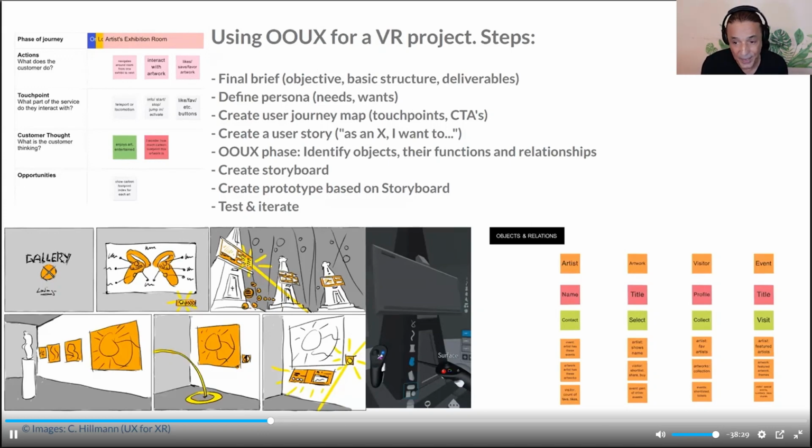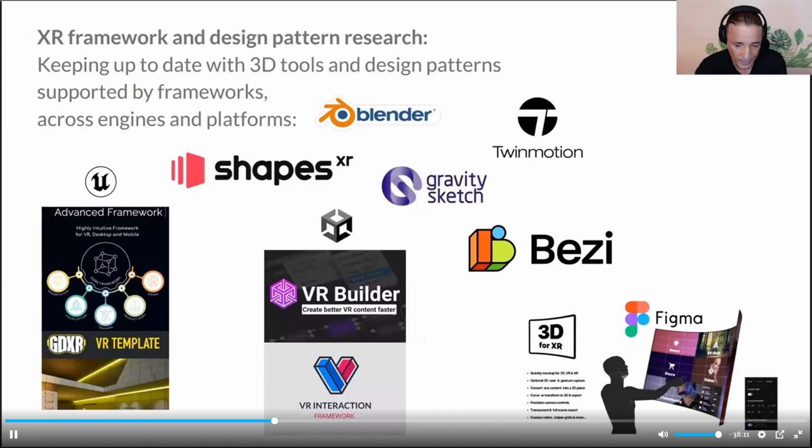It's all fine and dandy as long as we sketch something out and do a storyboard, but how do we go about actually building that prototype? How do we pick the right tools for the job? That, I think, is one of the biggest pain points in XR design. And we have a lot of tools and a lot of ways to prototype various types of